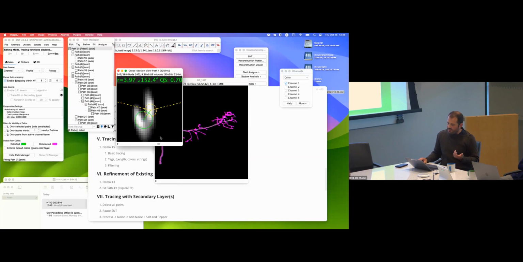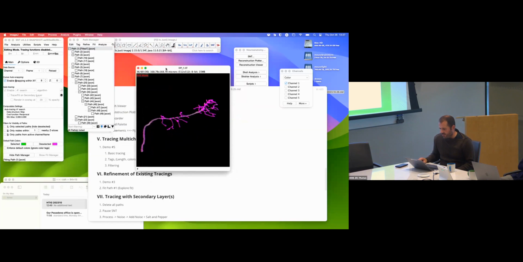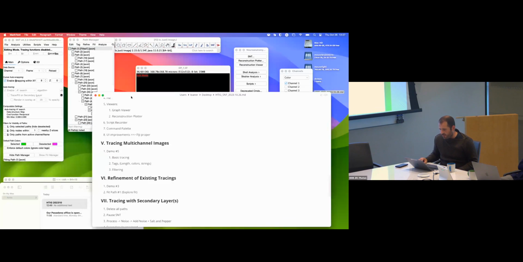But this has been quite popular. People are using this quite a lot when they just trace center lines or skeletons and then try to obtain radii. I'm actually quite surprised that people have been using this a lot. And you see sometimes there's a failure. In this case, the displacement was just too large, so it gets marked as red, and then the default choice that you had kicks in. That's a neat thing that SNT does, and it offers some flexibility to do this. Another thing that,